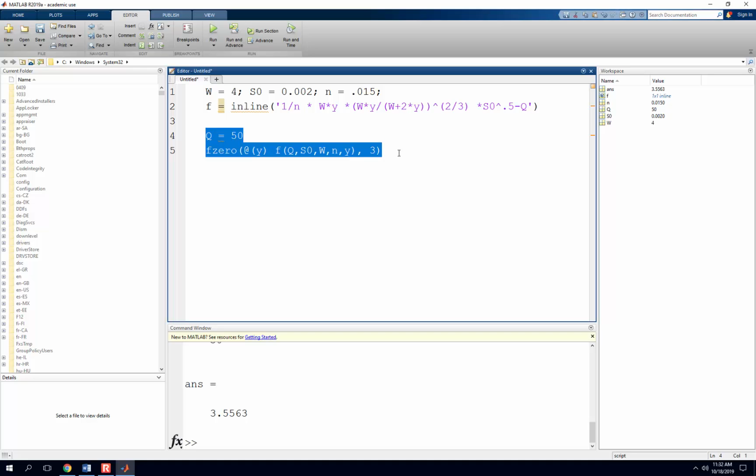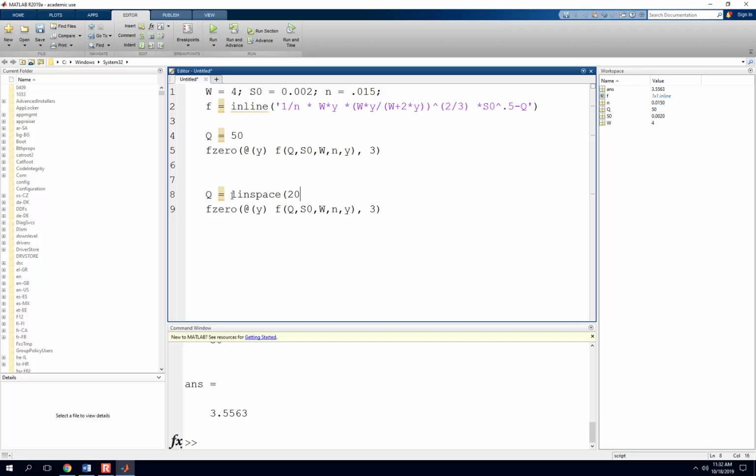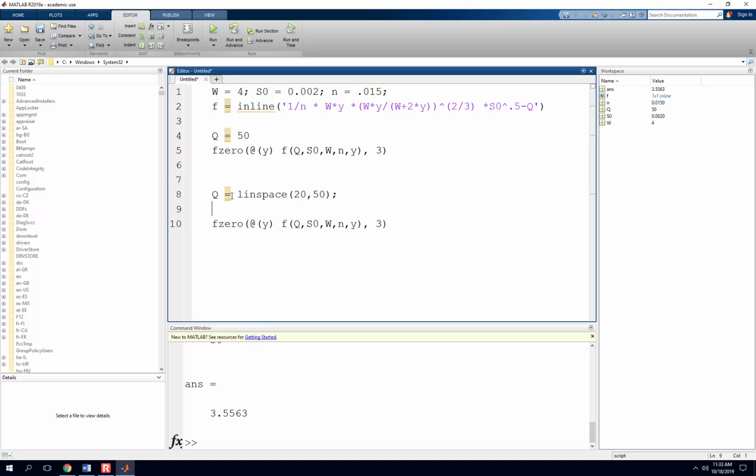So if I define down here q as linspace of 20 to 50, I will have 100 values between 20 and 50, right? For q. So for I from 1 to 20,